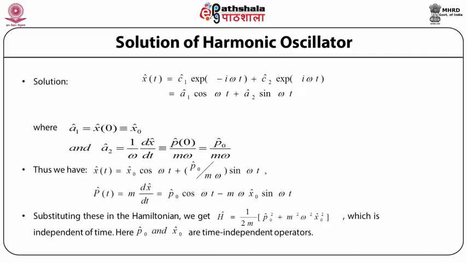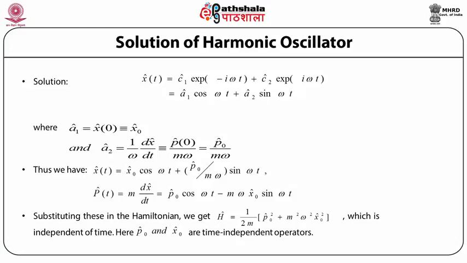Now, if we look at the equation of motion of the harmonic oscillator in the Heisenberg picture, which is given as the double derivative with respect to time of the position operator x plus the square of the angular frequency times the position operator x equal to 0, then the solution to this second order differential equation is of the form: position operator x as a function of time is equal to operator c_1 times exp(-iωt) plus operator c_2 times exp(iωt),